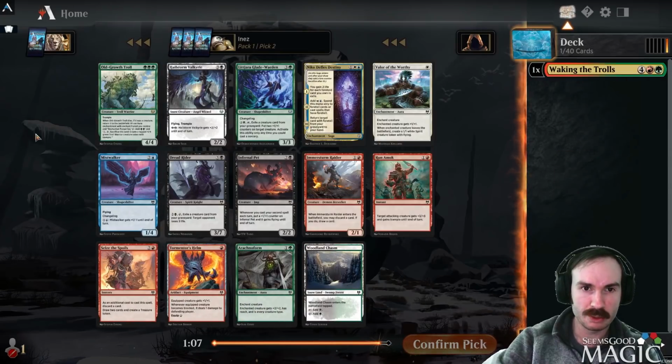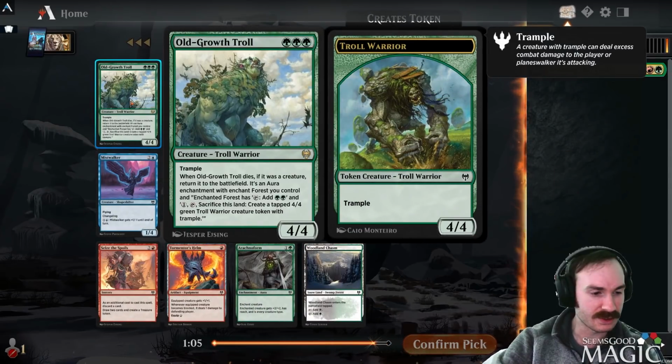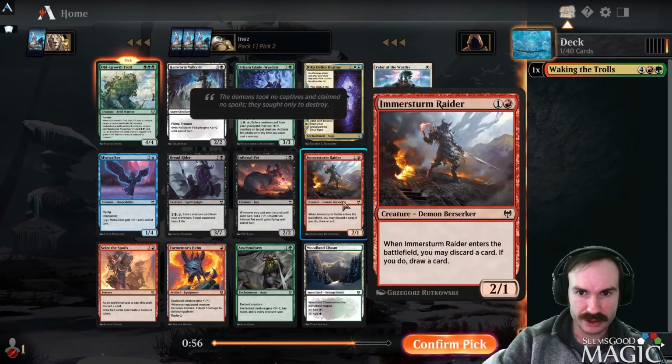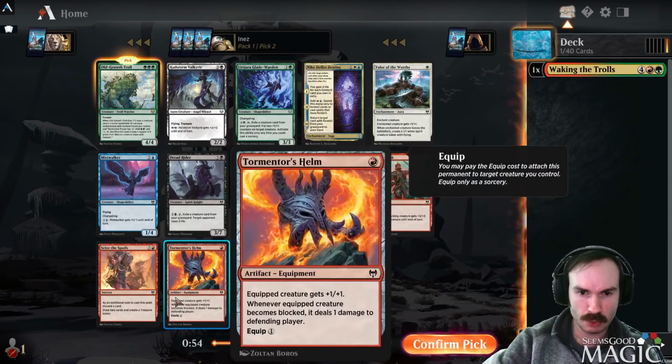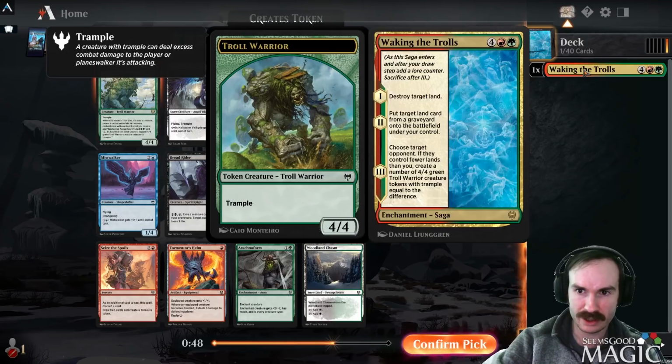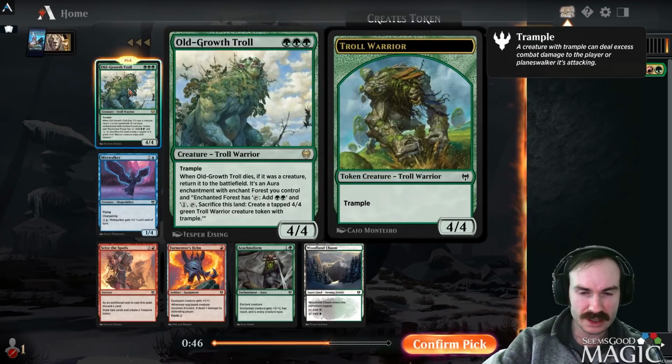Ooh, follow up with an Old Growth Troll. I'd say that's fine. That's pretty cool, actually. Kind of an easy follow-up pick, too. In red, we've got Tormentor's Helm, Seize the Spoils, Immersturm Raider, and Run Amok. These are more aggro red cards, whereas Old Growth Troll seems like it definitely wants to be in the same deck as Waking the Trolls, seeing as it